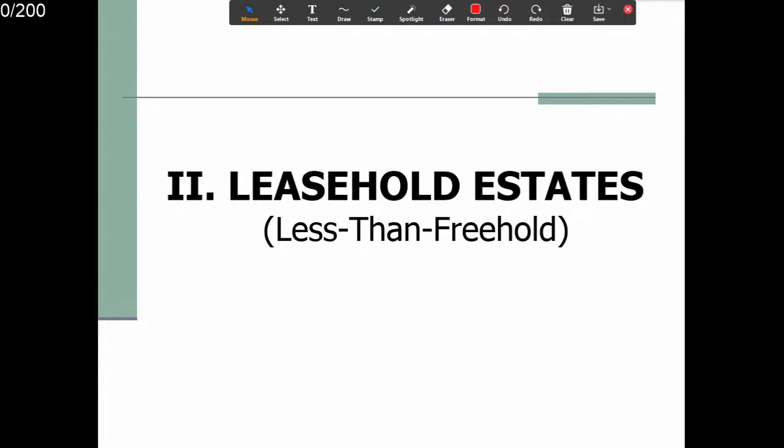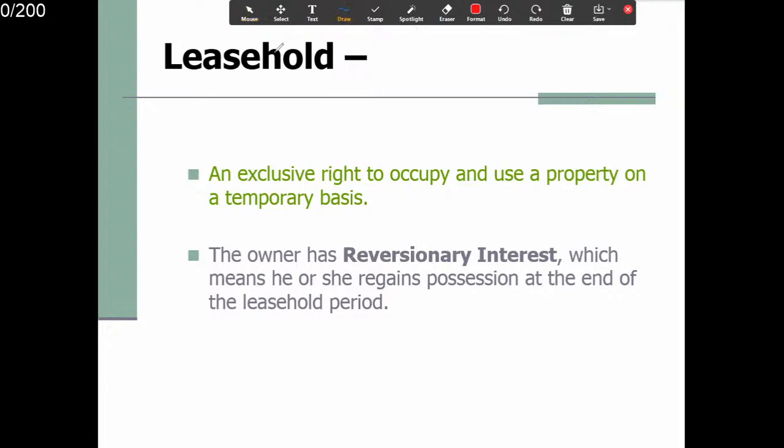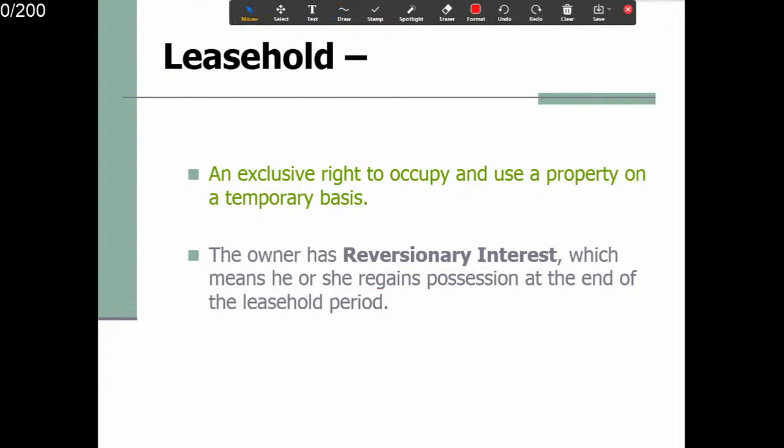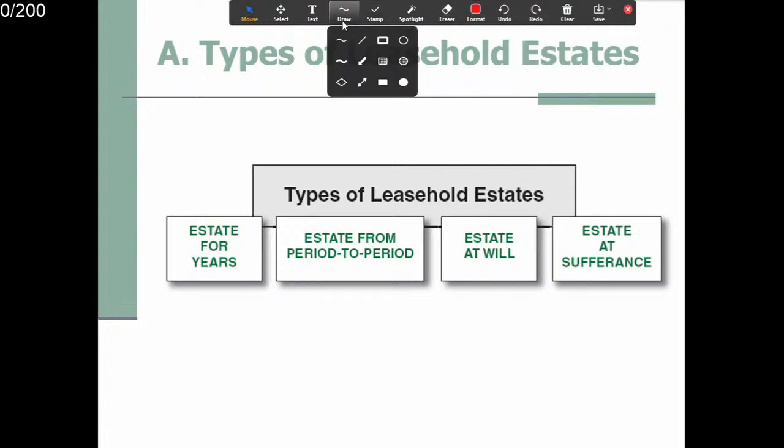Yeah, the tenant cannot sell your home or refinance your home or cash out, right? They could only live there, right? So it's less than freehold. So it's called leasehold. An exclusive right to occupy and use the property on a temporary basis. 暂时性，它可以住的在里面。Okay, the owner has reversionary interest. Okay, 屋主呢有返回的这个权利。Okay, which means he or she regains possession at the end of the leasehold period. 租约完了，他的收房子了。